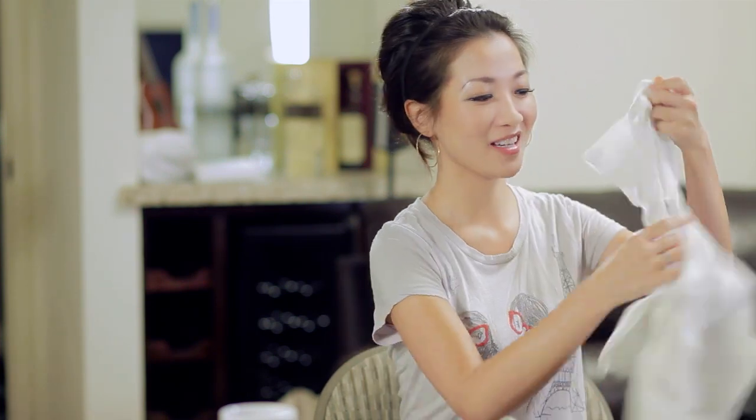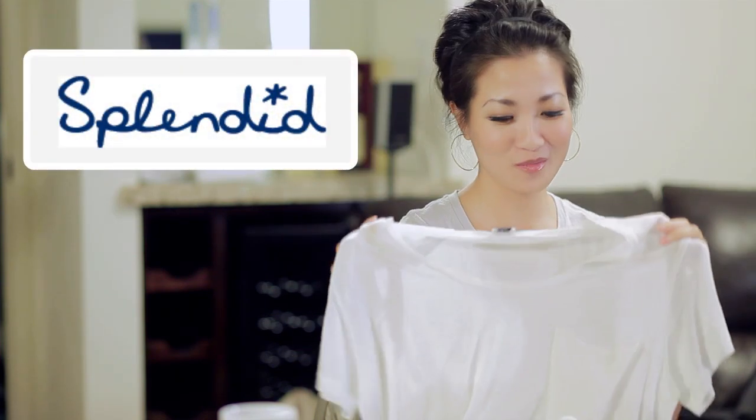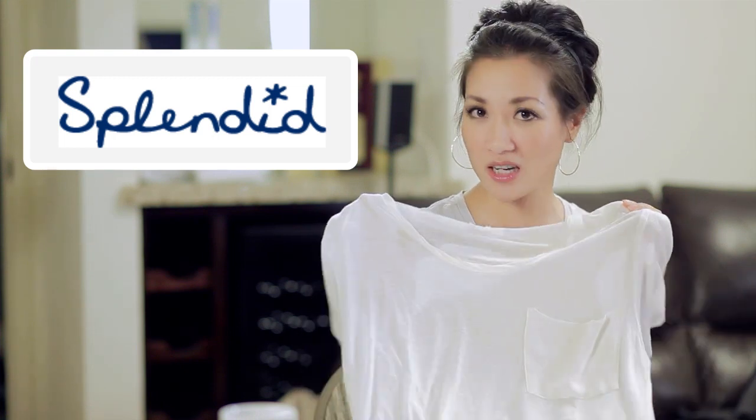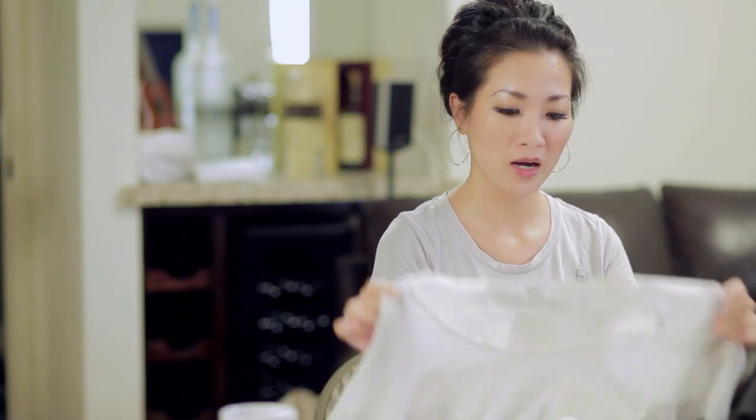This top is very, very familiar. I wear this all the time. This is my favorite white tee. I have an episode with her in it, but it's by Splendid. I bought this top for about $12 on eBay months and months ago. I look for Splendid items all the time. And then my biggest